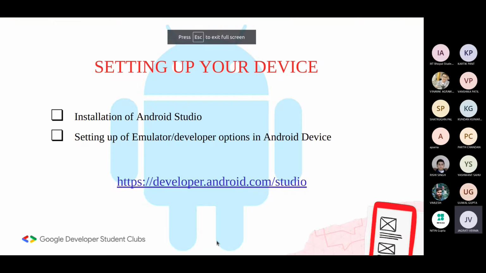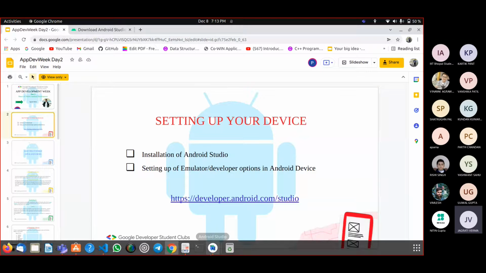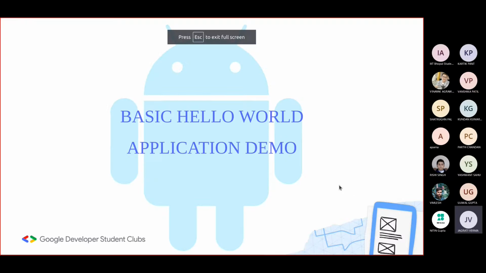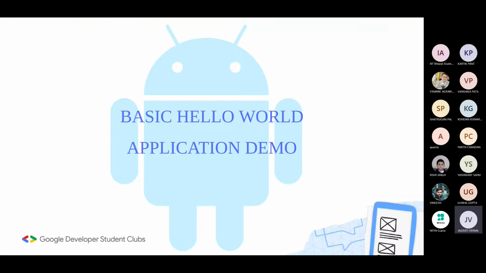For now, I have installed Android Studio on my device, so I'm not going to install it and show you. Let us move forward. So how to create a basic project in Android Studio, like a very basic Hello World application. How the project is created, how we set the language, and how we set our software development kit. Either it's going to be KitKat, Oreo. As you know, Android has many versions: Android 10, Android 11, Android 9, Android 8, and like that.